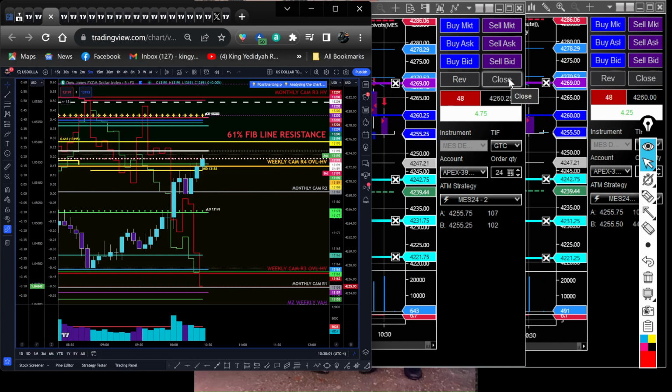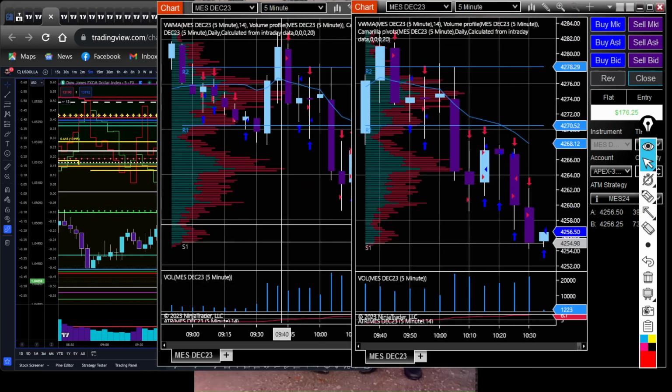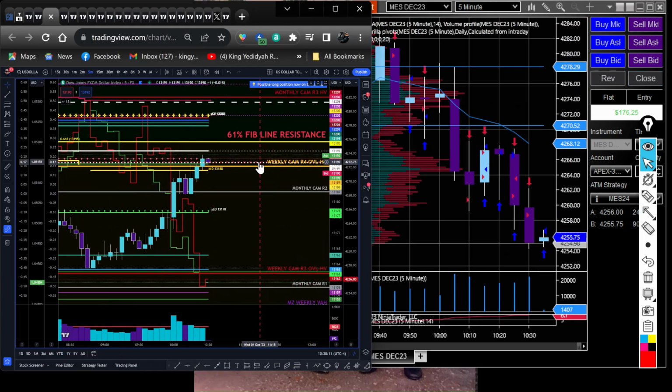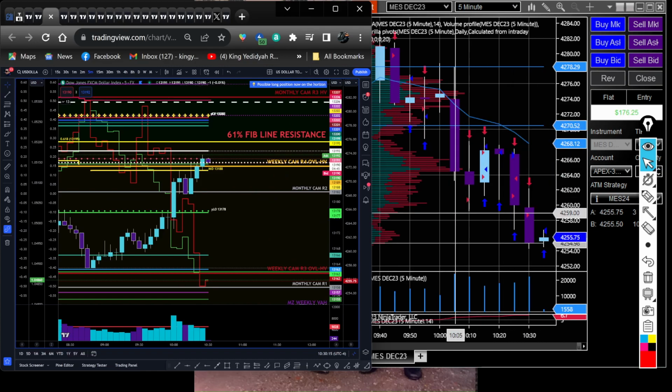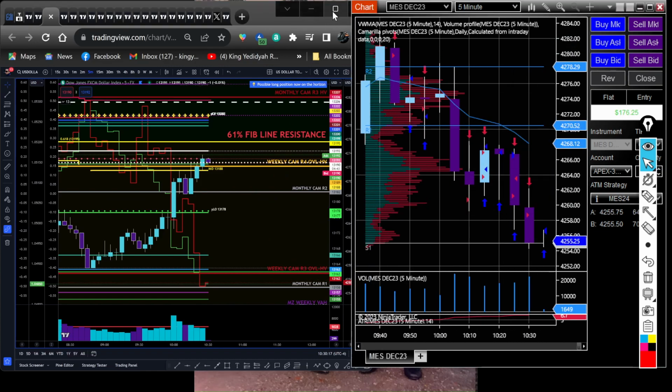Okay, looking like we're getting some momentum here. The US dollar still stalling a little bit. I'm gonna close this trade right here. Yeah, I just had to scalp to kind of get back my P&L to profit, but I can't really stick